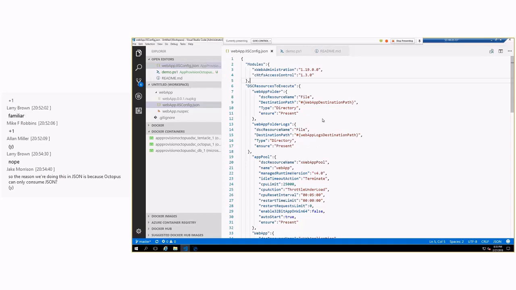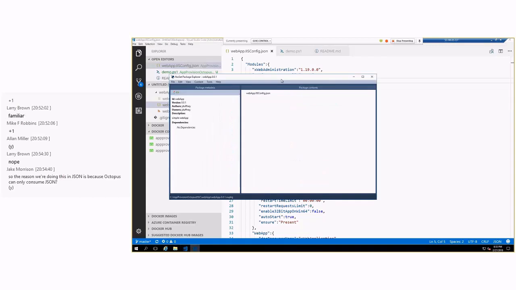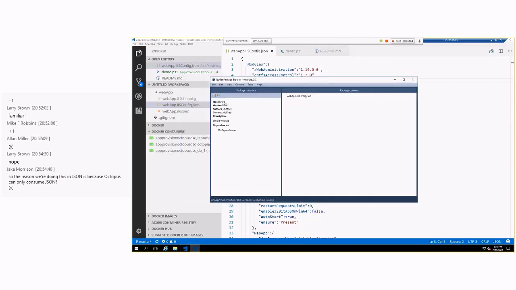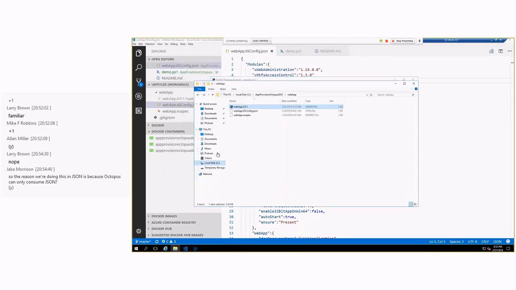Cool. So with that, what we'll do is then take a look at what would happen in the CI. So I don't have the CI process set up. We would use TeamCity to compile this, but basically what would happen is the developers would have a directory with this in there, and it would generate a NuGet artifact. So it would look something like this. This is just a NuGet Explorer. If we open up this